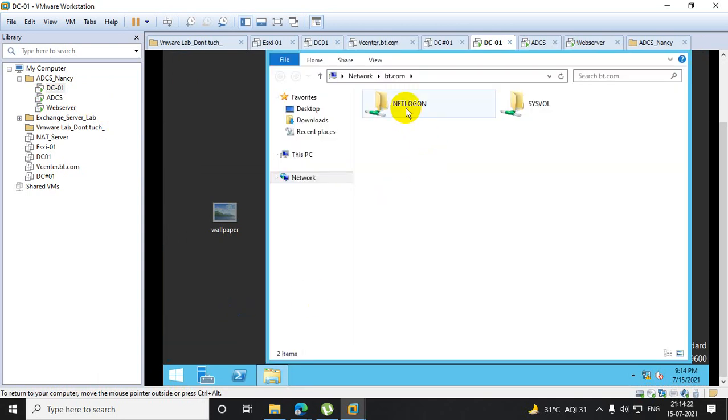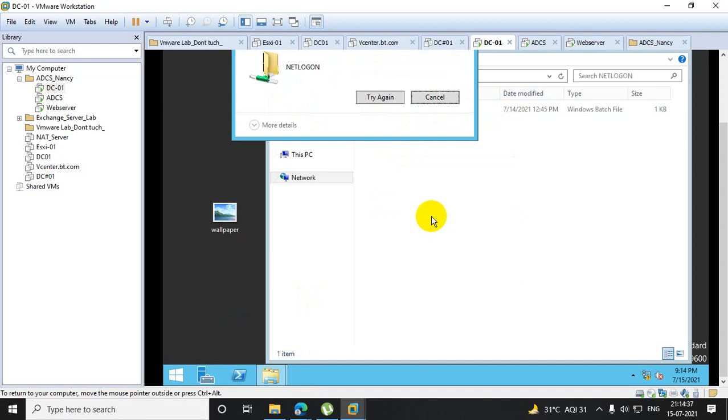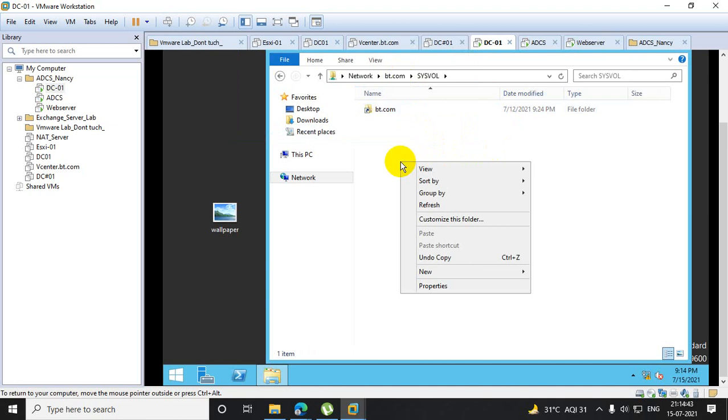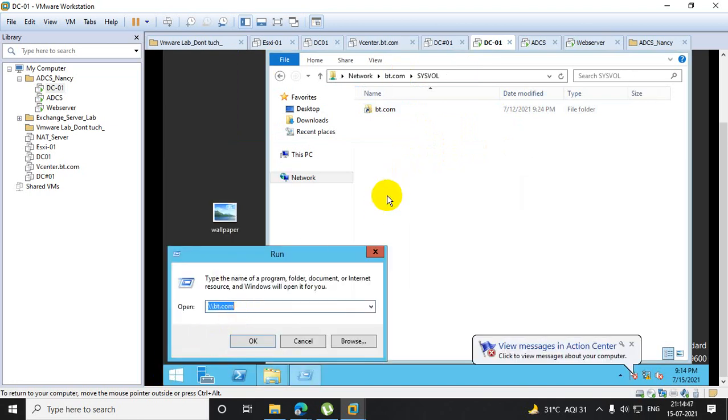There is a shared folder, NETLOGON and SYSVOL. This is basically for delivering files and scripts across the domain, and also for replication. Any of the files you can paste here. From where do you open this folder, Siddharth? From which command? I just open this from Run and / my domain name, that's it.